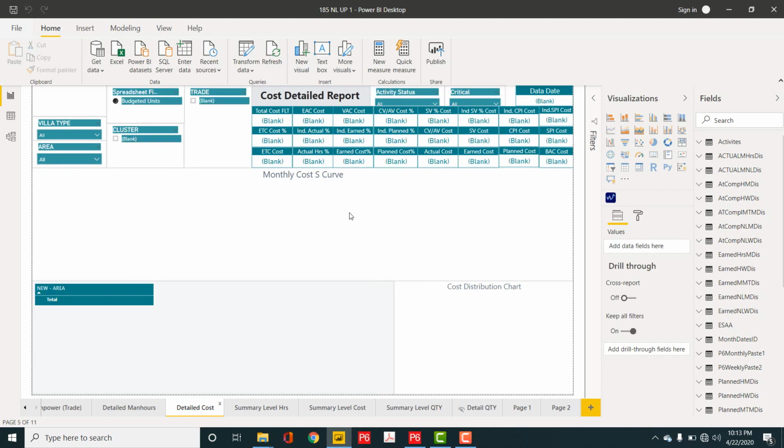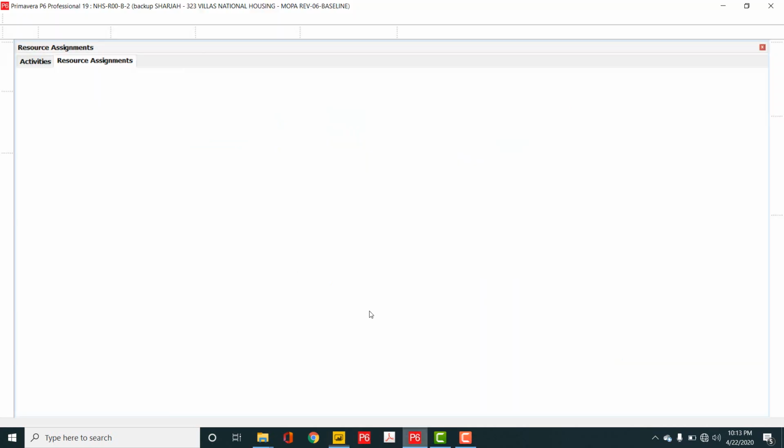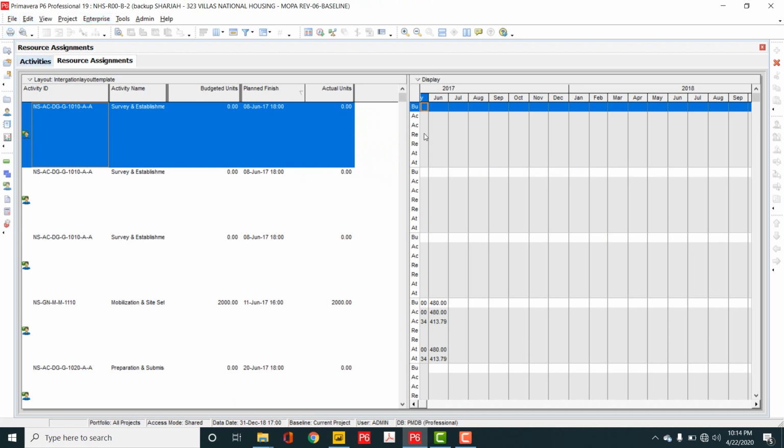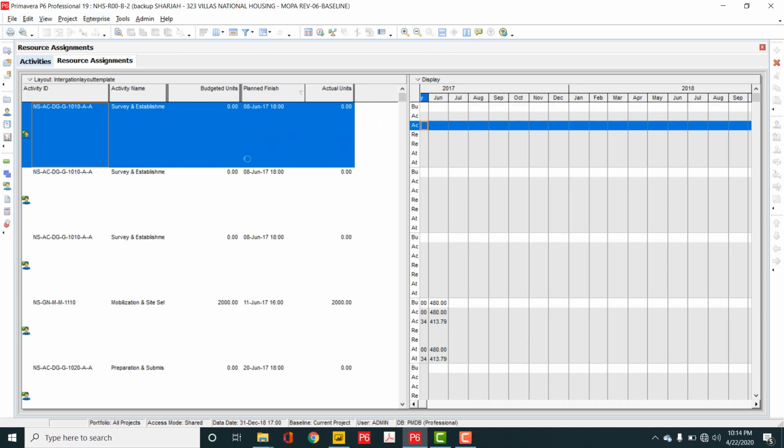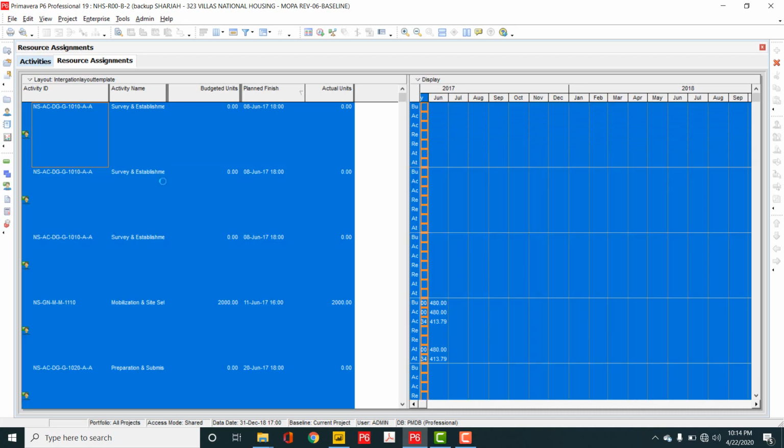The first thing we need to do is go into P6 and export some data. So this is my template, we need to export this data. What we will do, just copy, select all and then just paste into our sheet. This doesn't take much time, like 5-10 seconds, 15 seconds sometimes. It also depends on the type of data and the size of data of your project.